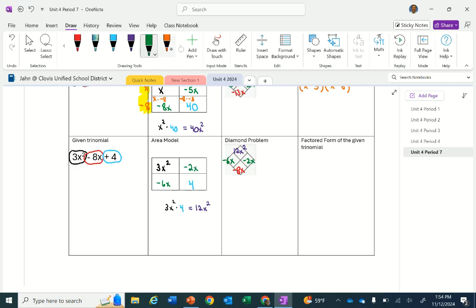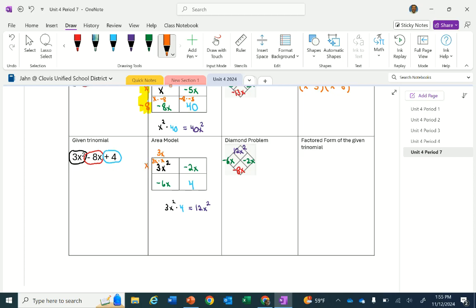And now we solve the area model by filling out the outside on the top and the outside on the left, which will be my factors. Let's start with the 3x squared. Well, the two terms that multiply to make 3x squared are 3x times x. So I'm going to put a 3x either on the top or the left of my 3x squared box, okay? I'm going to put the 3x on the top, and I'm going to put the x on the side, and